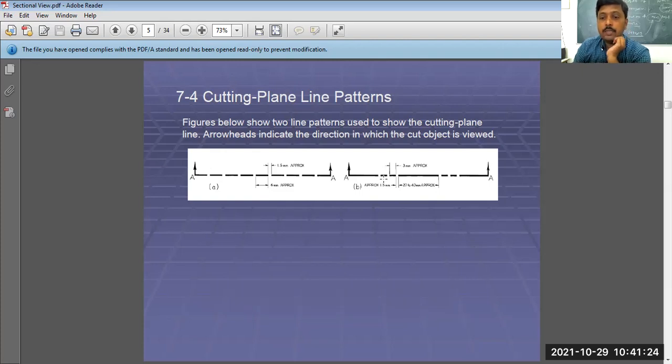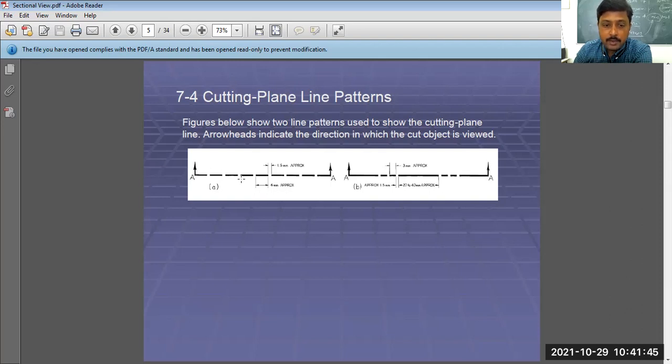The length should be 3 mm. Again another line of 3 mm, and again a 20 to 40 mm approximately line. This is how this construction is going to work. The same plane can be shown in two different ways. Okay, so keep the difference in mind.